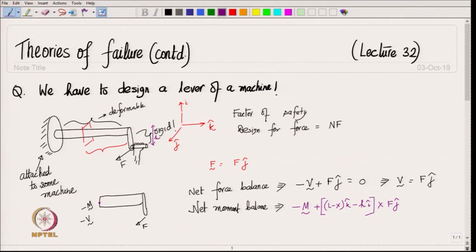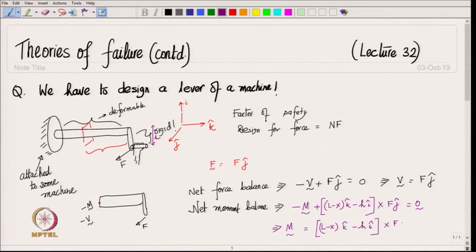So, that is the moment due to the force F, R cross F, and this has to be equal to 0. So, this implies the bending moment M is then equal to (L minus x) k minus h i